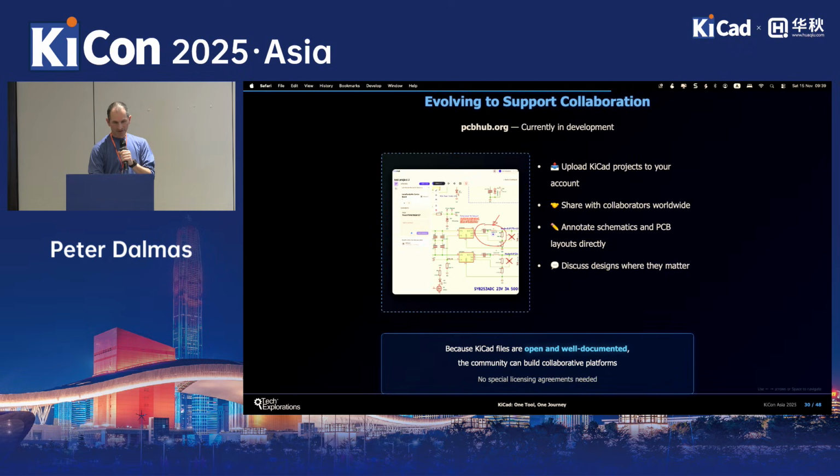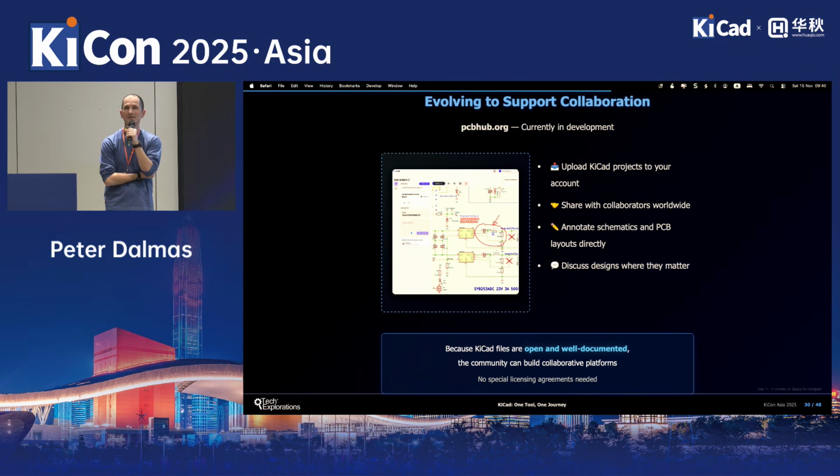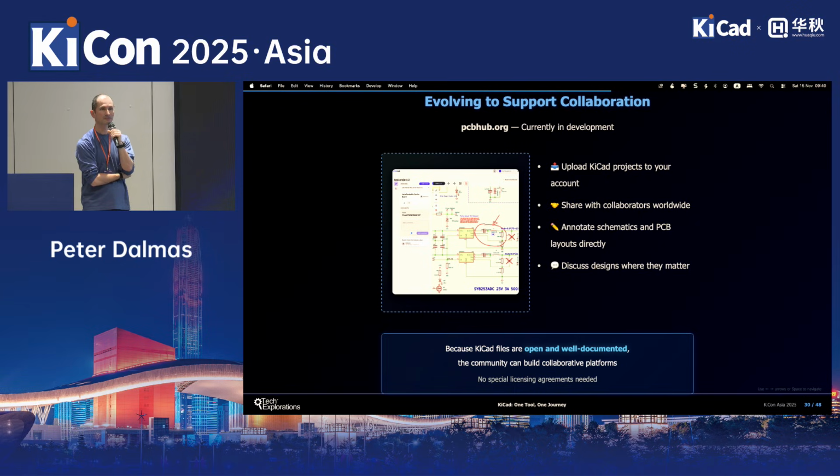Okay, one example that I came across, again, as I was preparing for this talk, is PCB Hub. And that's one, and that's circuitry at the back as well. They kind of do something similar. And I didn't know about either one, okay? That's what I'm talking about, the network effect here. So PCB Hub is under development right now. So I was talking to the developer. He started work literally maybe 2 or 3 months ago.